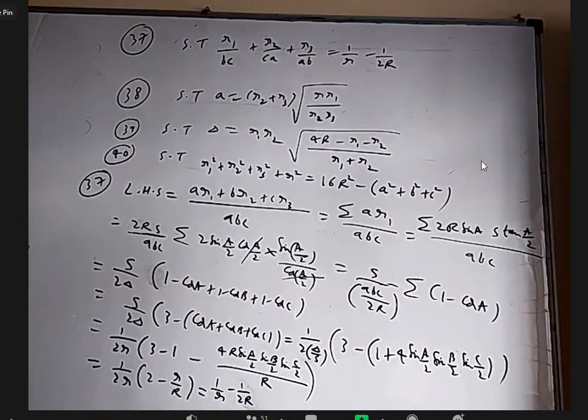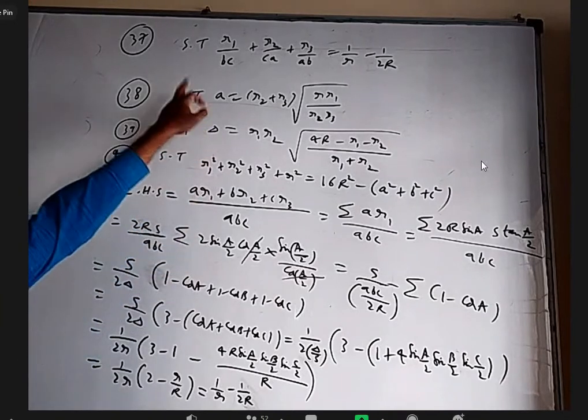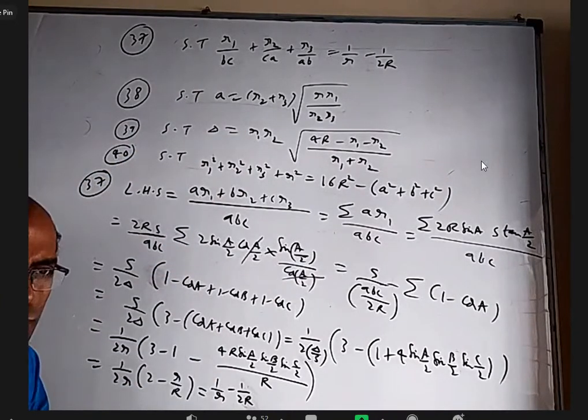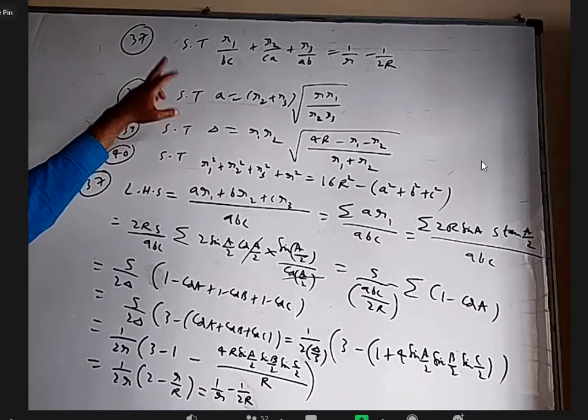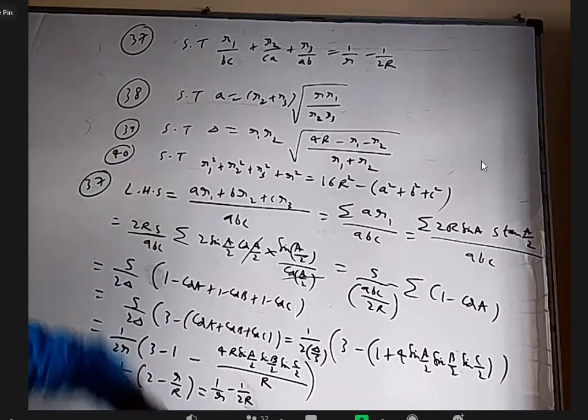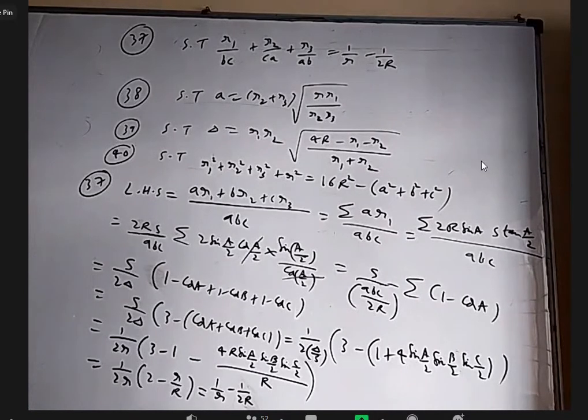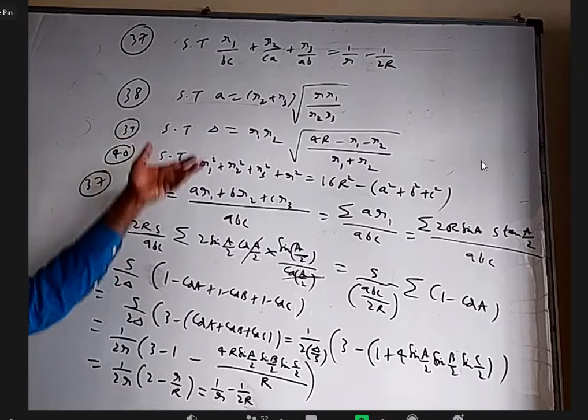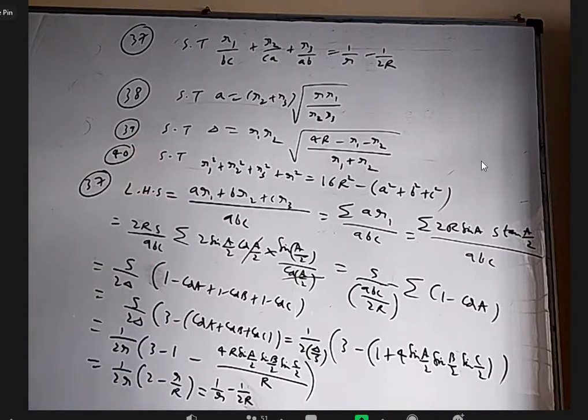Okay, so for this question, if you try to use at the beginning r1 as delta by S minus a, also we should be able to do it. It may be lengthy. If somebody writes 4 capital R sin A/2 cos B/2 cos C/2, also we should be able to do it. But maybe it may be a little bit lengthy. I'm not saying other ways are not there. You can definitely try. If somebody wants me to try some other method, I'll try it. But this is one way to do it.